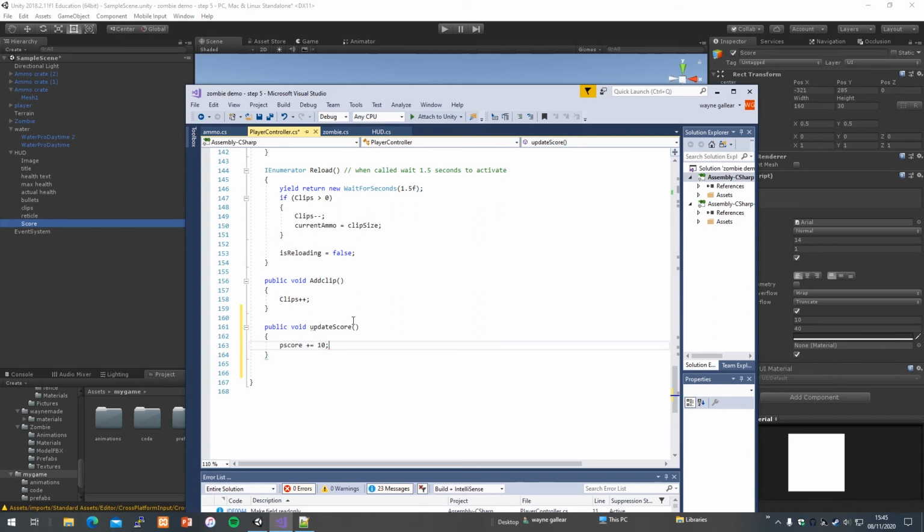Every time you kill a zombie you get 10 points. You can change it to whatever you want. Let's make it 100. 100 per kill, because we're going to have lots of zombies appearing eventually. And then we need to update the